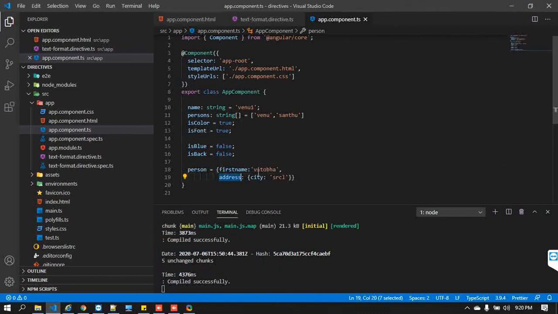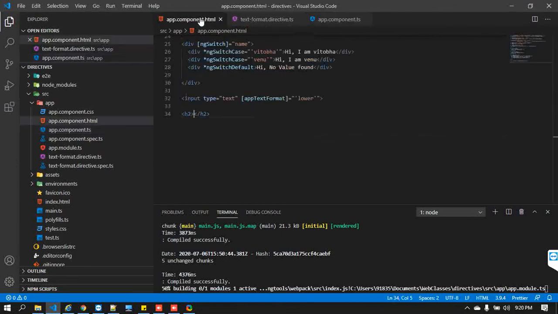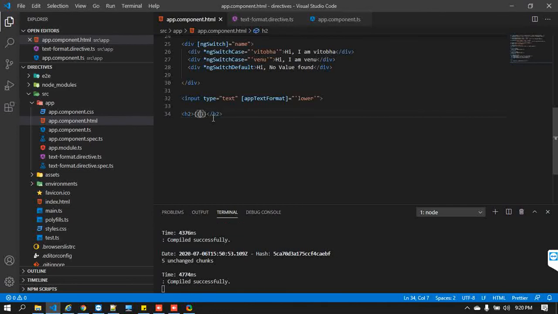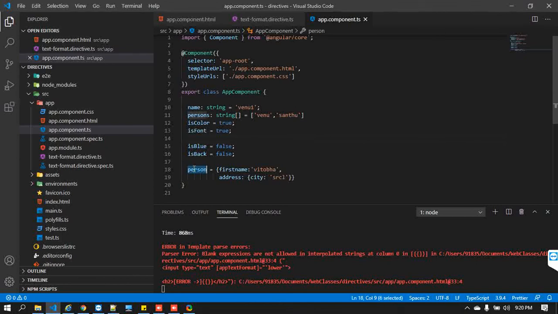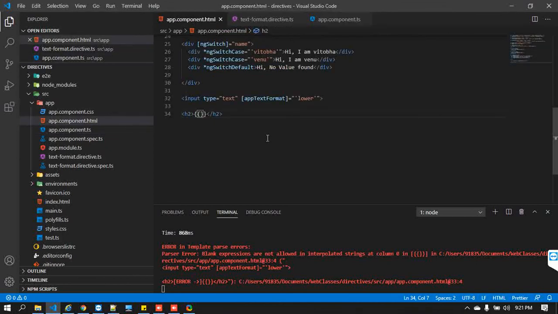How can we access this value inside our respective HTML? It's very simple. In the template tag, it is person dot address dot city. Let's save it.